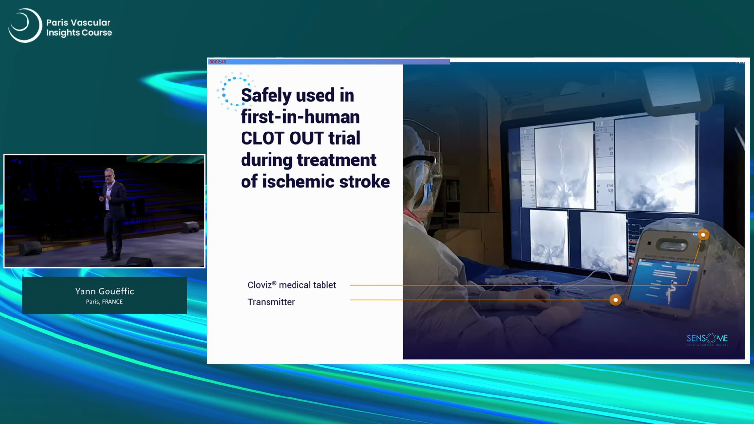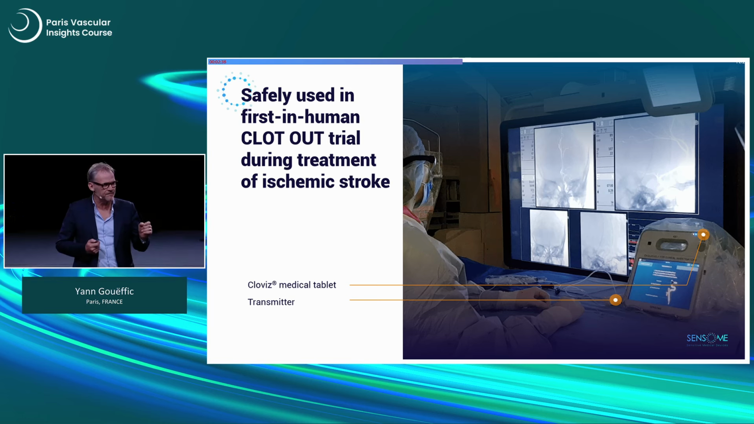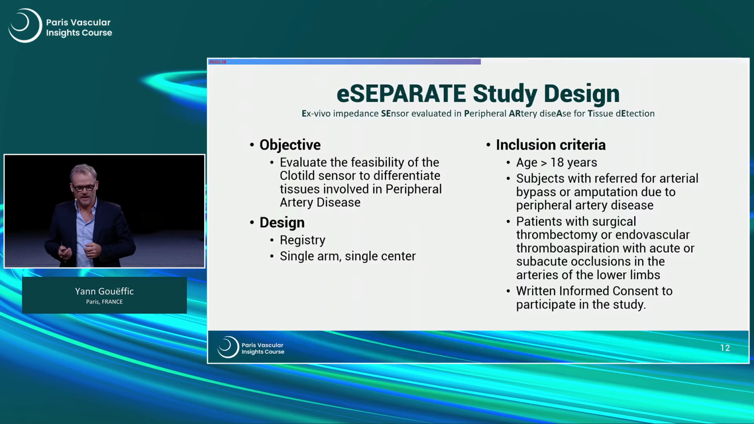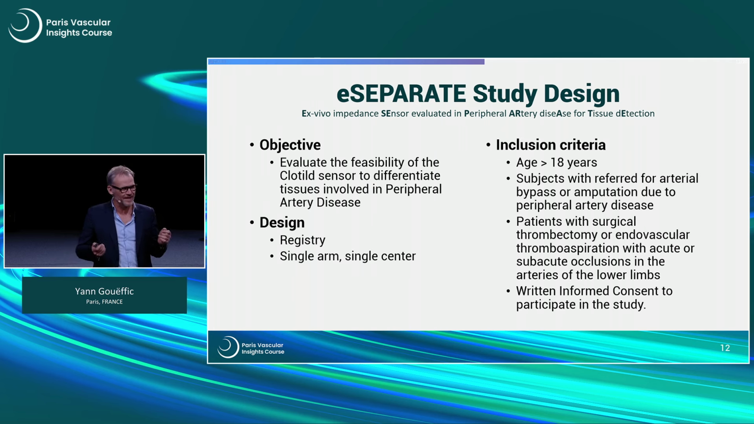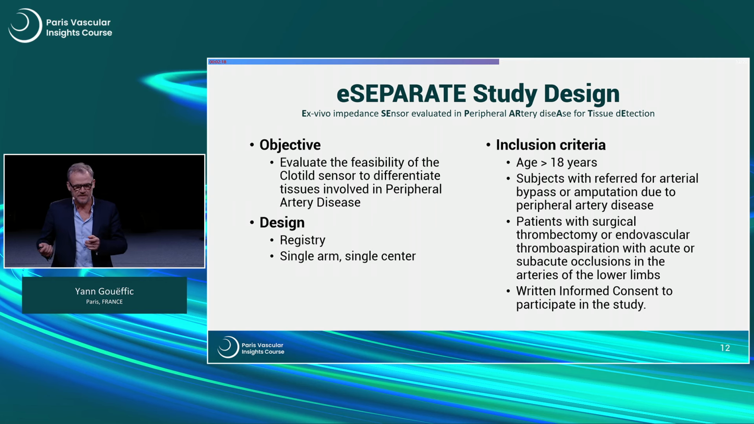You should know that this technology has already been used, with a first main use for neurological purposes, to define the quality of the clot for ischemic stroke. So we have some ongoing studies with this device in men already. And of course, we now want to know if this device could also be helpful for acute limb ischemia of the lower limb. That's why we developed the eSEPARATE study to define the feasibility of the Clotild sensor to differentiate